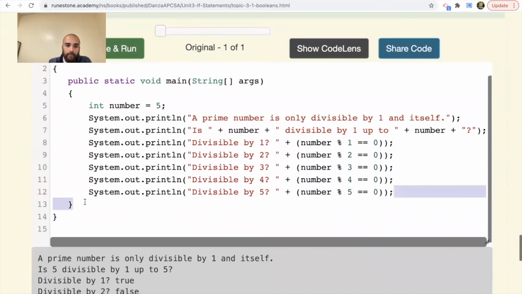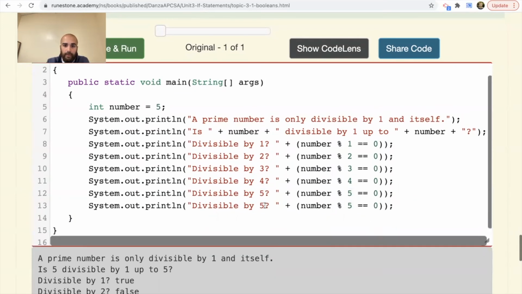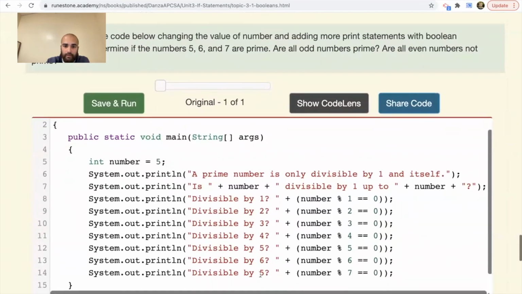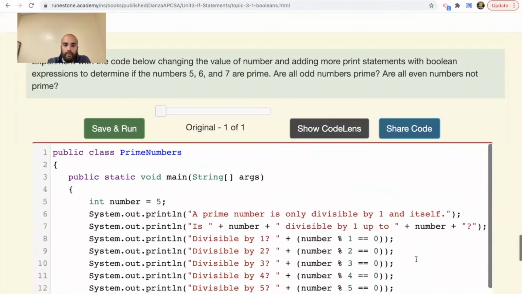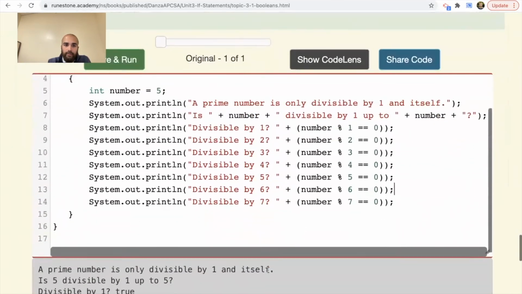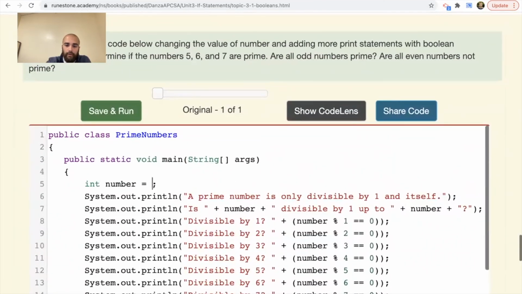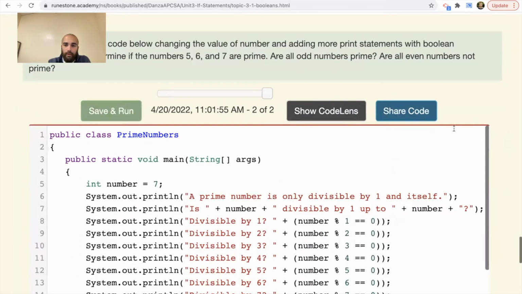So we'll copy this code. And I'll paste it here. Divisible by 6. And we'll say divisible by 7. I think it wants us to do 8 as well. Oh, 5, 6, and 7. Okay. So divisible by 7, I guess, int number. If we want to start off here and say, I don't know, 7. And if we run it,